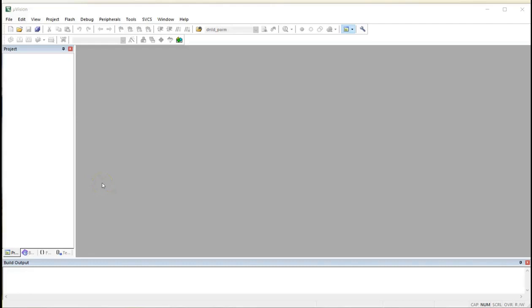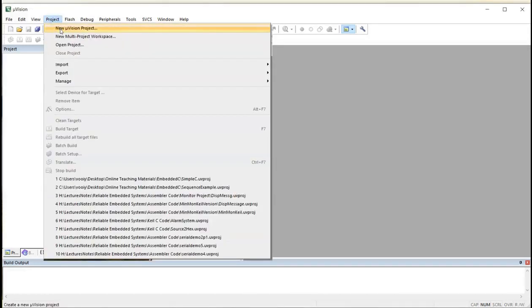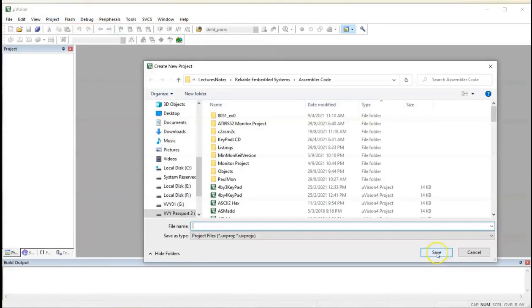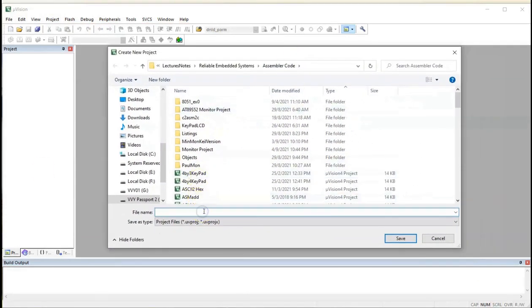Okay, so we're now in the Keil IDE. I'm going to lead you through the simplest C example that I've shown you earlier. So let's go to project, choose new MicroVision project, give it a file name. So it's asking for a file name, so I'll call it simple C, and click save,